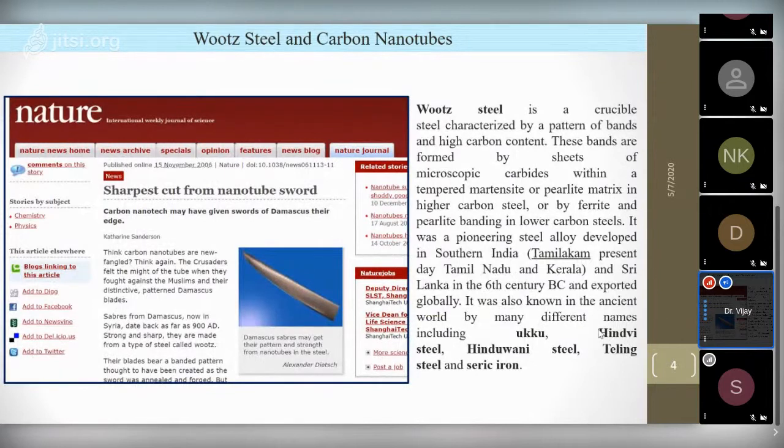So they found the root and came to locate these types of wootz steels, which probably came from Tamil Nadu, or previously the Chera Kingdom. So maybe South India. Those things are mentioned even in Wikipedia, Nature publications, or dictionaries. So it's proven. So wootz steel is a crucible steel characterized by a pattern of bands and high carbon